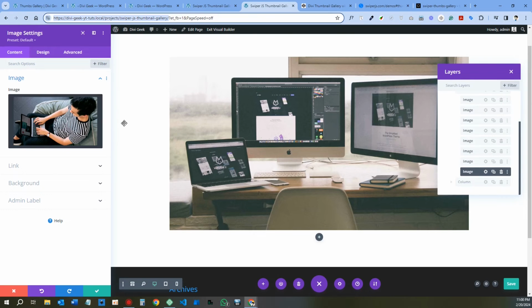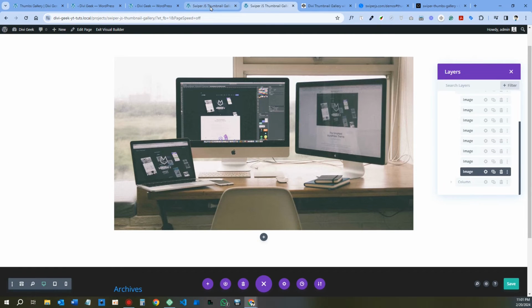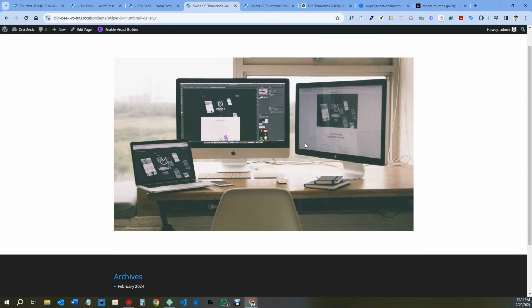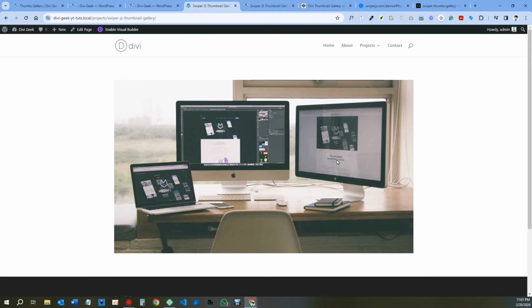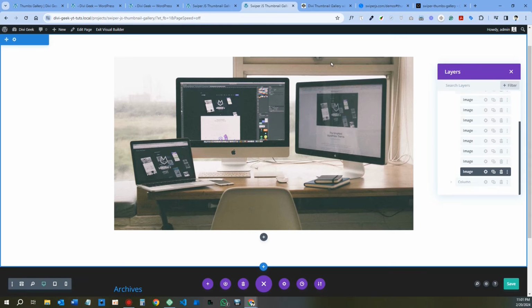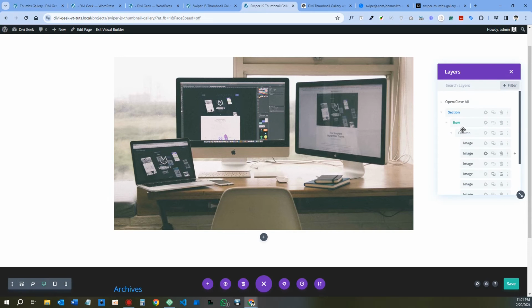Right, so I've added my last image, so I can click save there. And I've just opened this on the front end now, and you'll see that it's only showing the one image, and all the other images are now sitting behind this image. That's because we've added those scripts in the beginning, and that's why it's done all this, because SwiperJS is now working. So the next thing we're going to do before we start maybe working in this column, let's duplicate